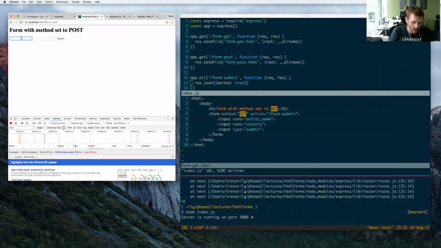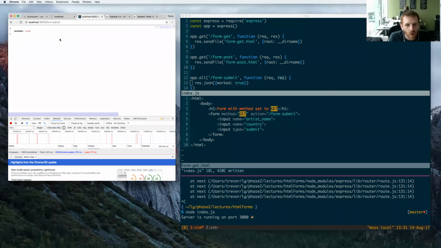Let's see, artist name, Van Gogh. Spelling is not my strong suit. Country, I don't know, France probably. Submit. All right, so now when we run that, the form posts to this form submit